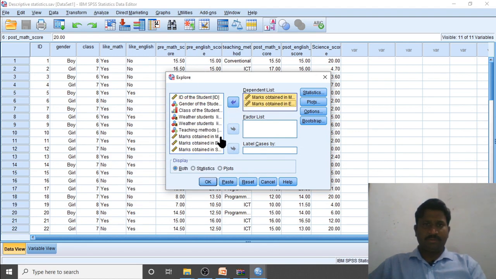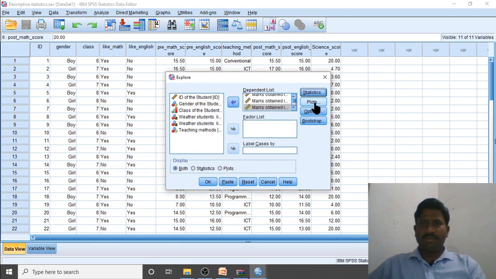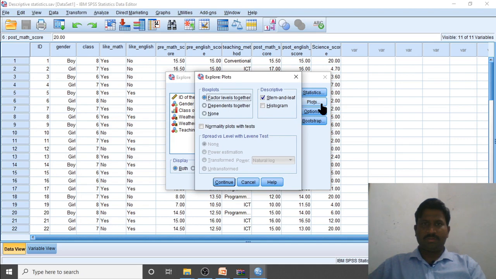Select the scores you want to test for normality. Go to Statistics, Continue, Plots. Normality plots with tests.